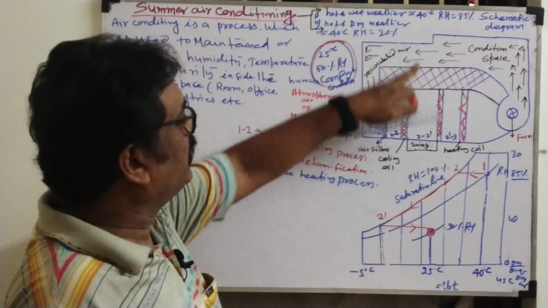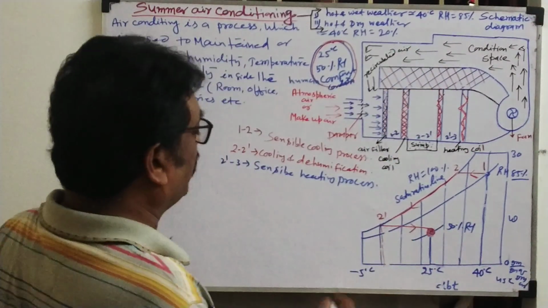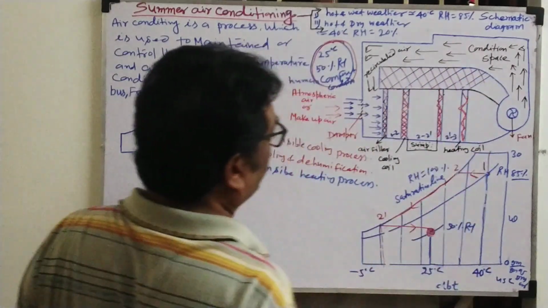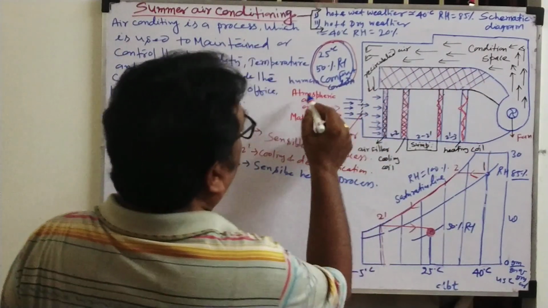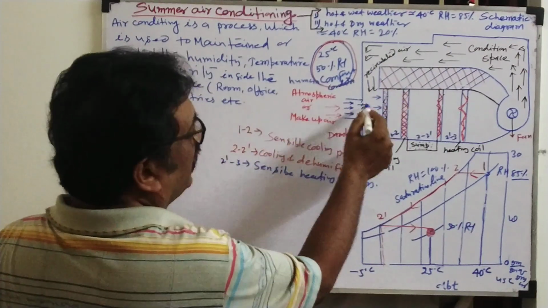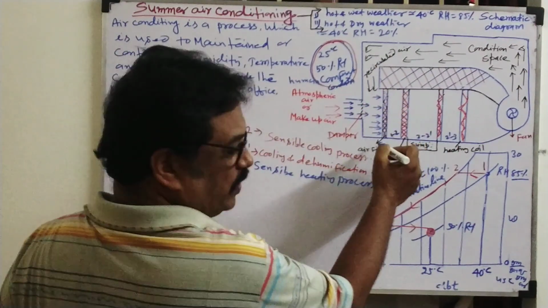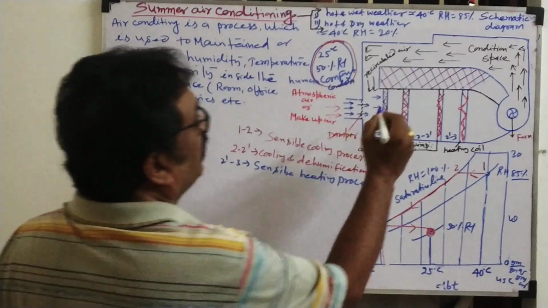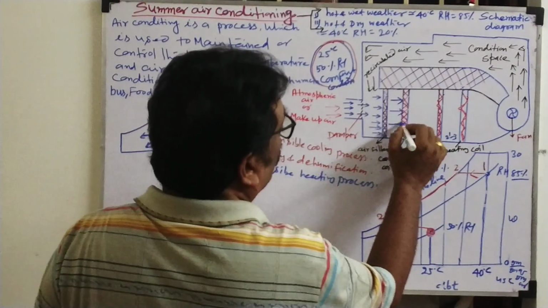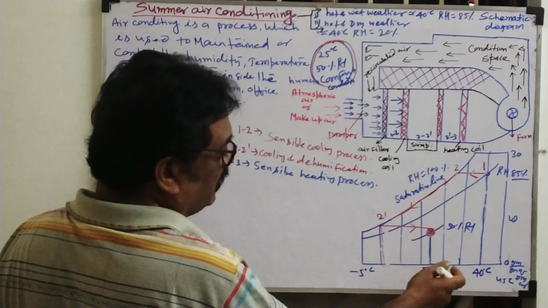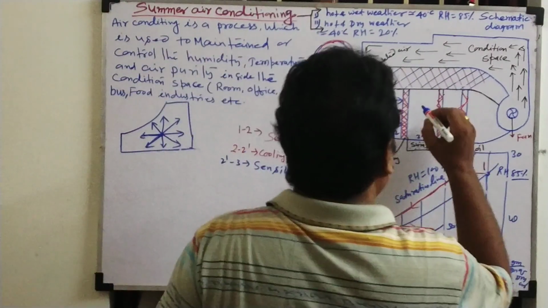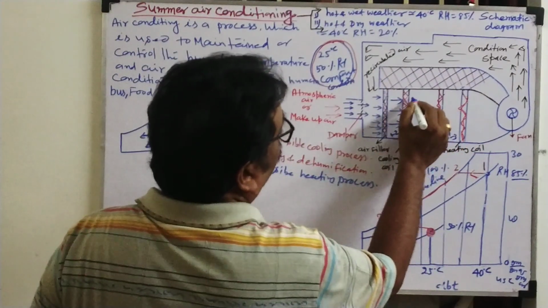With the help of the psychrometric diagram, we complete the schematic diagram. So now see here, recirculated air mixed with the atmospheric or makeup air passes through the air filter. The air filter's function is to absorb the dust particles from the air, and it passes through the cooling coil. Now it will reduce the temperature, but humidity will be 100%. Again, third will be the humidifier.